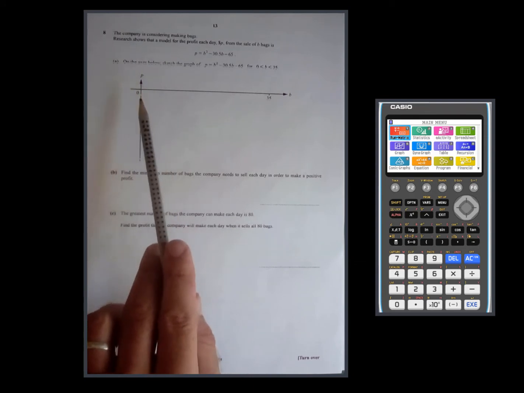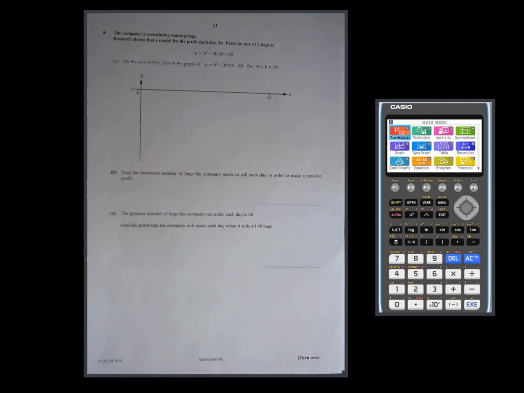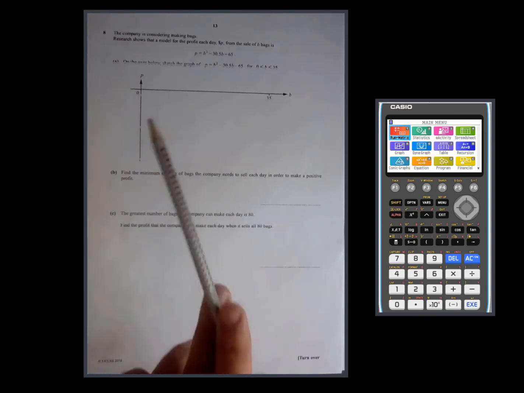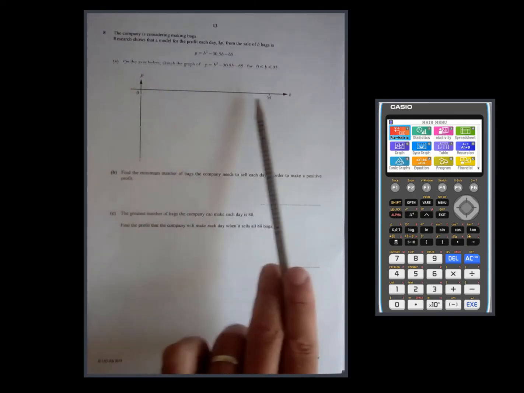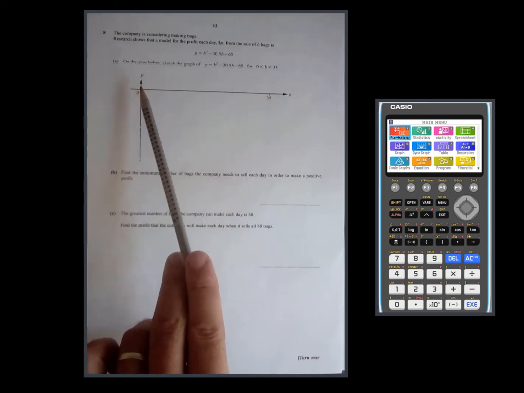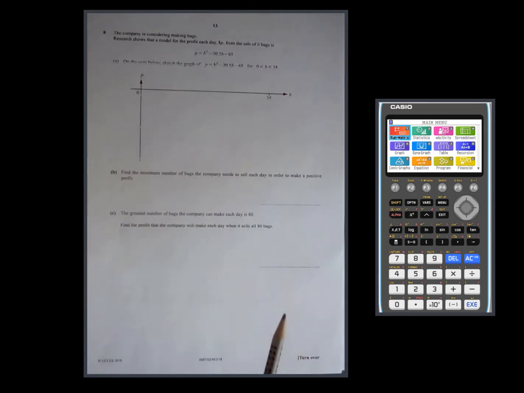What we don't have is any y details apart from this 0, so it's going to take some window work, but we certainly know that we're looking between 0 and 35. That is certainly our x min, x max, and it could probably be our y max as well, but I think I'll make it a little bit bigger than that. So if we go to graph and put it in,